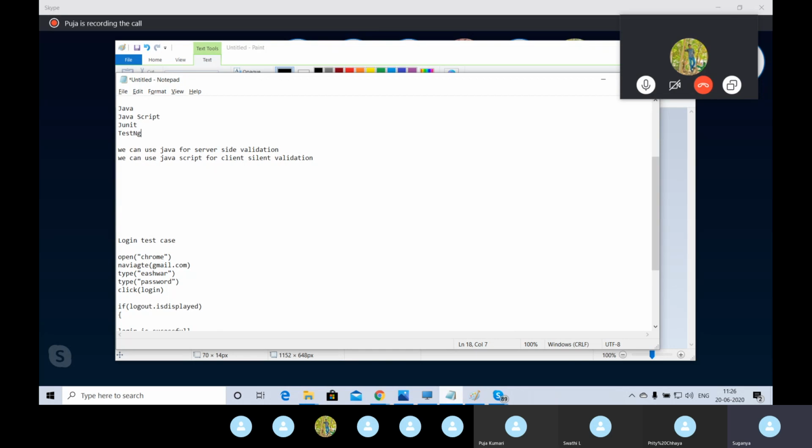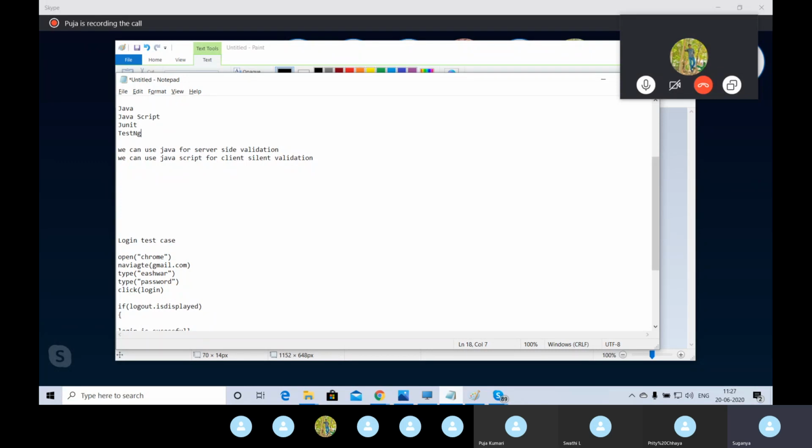Ishwar will use a development template for developing the Java program. Pooja will use the testing template to test the Java program. It means in Java itself we have two types of template: one is a development template, another is a testing template. People who are going to be developers can develop a Java program with the development template. People who are going to use Java for testing purposes can use a testing template. That testing template is nothing but JUnit and TestNG. You got it, guys? These are nothing but testing templates to test a Java program.